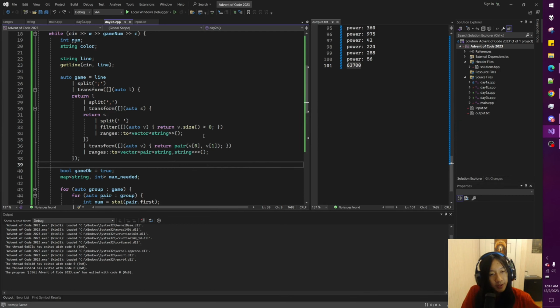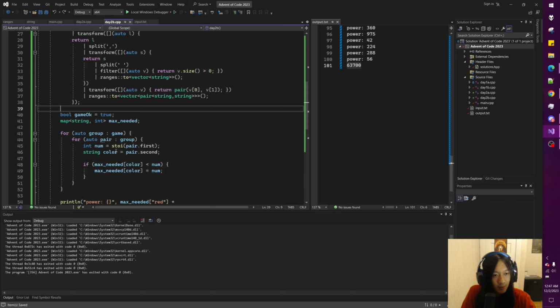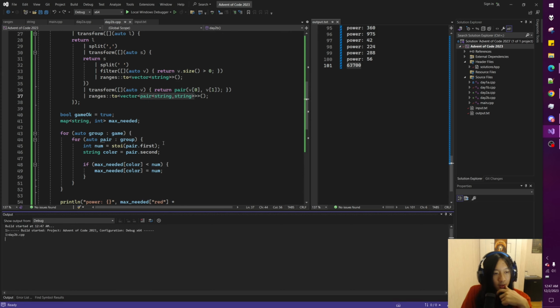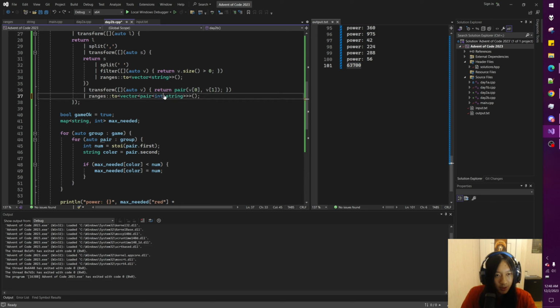Alright, actually gonna do some live refactoring. I've done a tiny bit to make this slightly less terrible. So now I've turned this into a pair of strings. So previously I had a vector of strings, which is not a great way of doing things. Just to make sure it's still correct. Okay. So now I can make this 1% better by transforming it like this, right? So what we should have, in my view, is that the first element in the pair is going to be the number, and the second one will be the color. So really it's like we have the number and the color